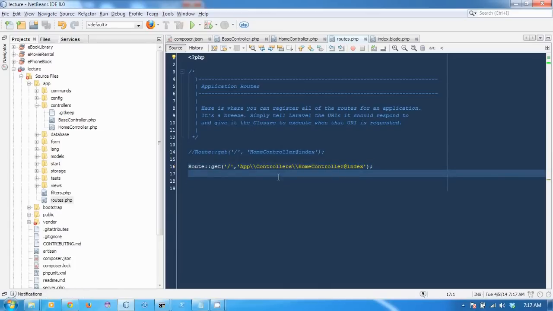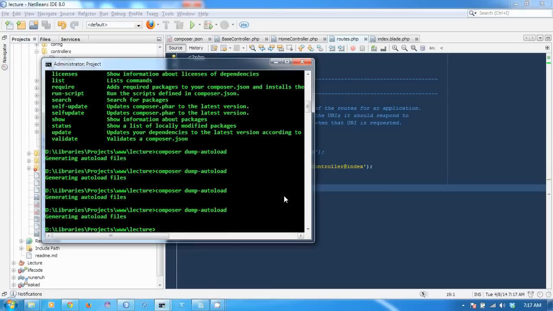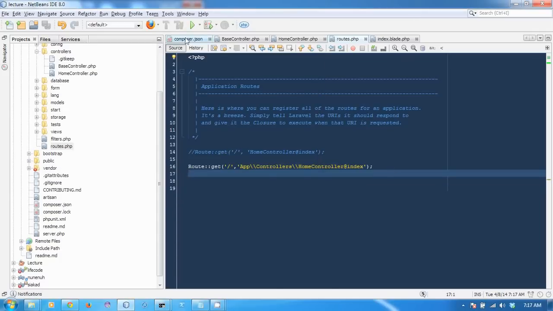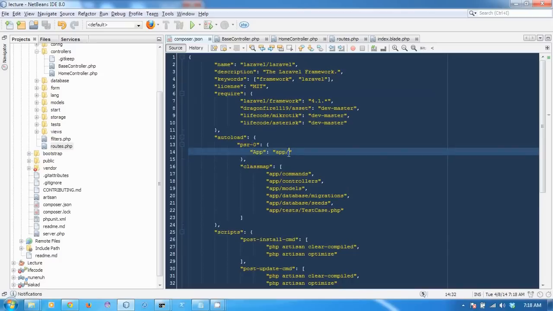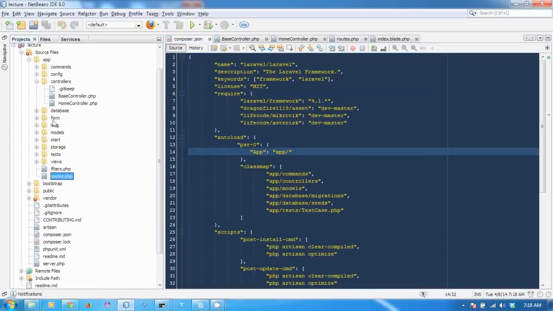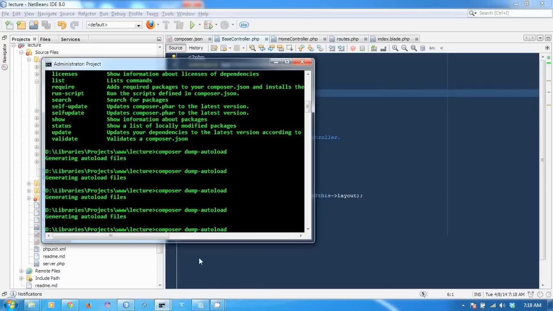and then the last step is we need to run composer dump-autoload. Basically, composer dump-autoload will traverse through the composer.json file, and then find this PSR autoload, PSR-0, and then the composer will traverse all directories in here and find classes with a namespace and make an autoload for them. So let's run composer dump-autoload.